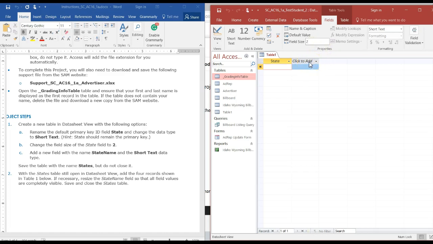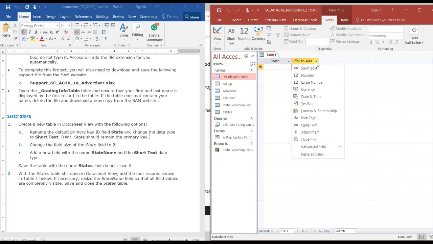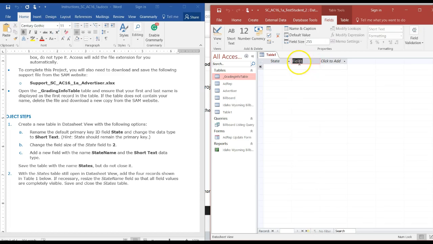After that, we're going to add another new field called state name, and the data type that I want is short text. So click on the arrow next to Click to Add, and then the first one we want to select is the data type for it, and then we have the field 1 highlighted by default. So go ahead and type your second field name, which is state name. Okay,